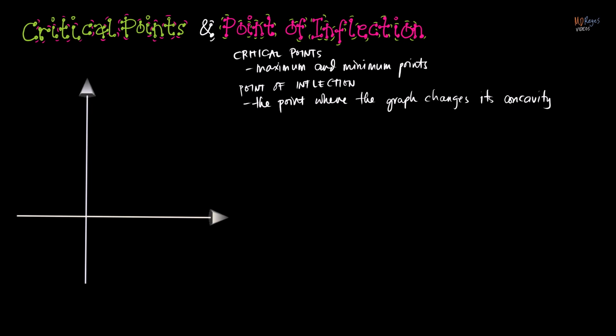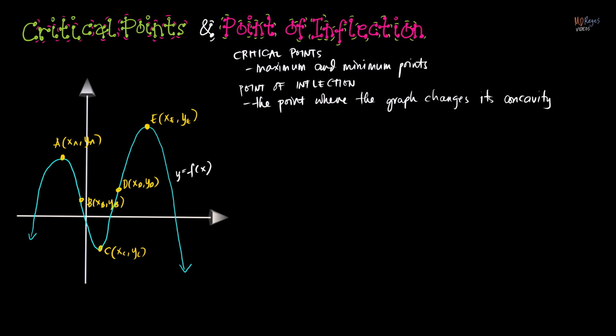Look at the graph on the left. This is the graph of the function y equals f of x, and it contains points A, B, C, D, and E. And each of these points has its corresponding coordinates. Right. Now we say that